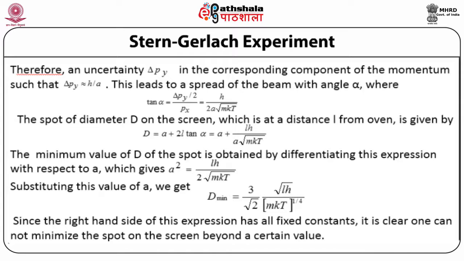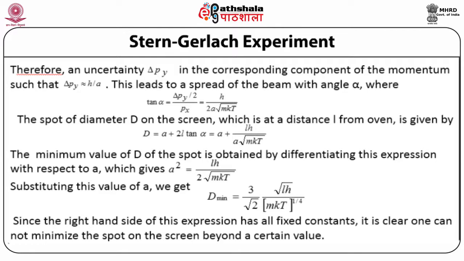3 by under root 2 into under root L into H upon within brackets mkt to the power 1 by 4. Here D minimum is obtained because when we differentiated the value of D from the above equation and equated it to 0, we could get the value of the width of the aperture, and then using that value of the width of the aperture, we substituted that back into the relation for D and we got the minimum value